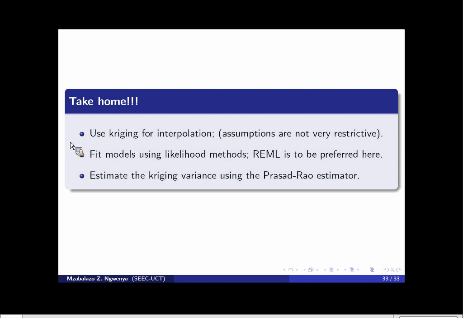Okay, so that's my take home then. Use kriging for interpolation. Stay away from the others. Estimate models using likelihood methods. REML is to be preferred. Then estimate your kriging